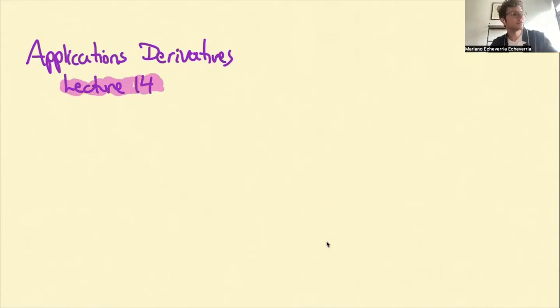It's actually one of the more interesting chapters in the book, the stuff that we're about to talk about, because it's material where you will use the derivative of a function to find information about the function. So it's the more applied part of the course, where now that we are acquainted with finding derivatives, we're going to use them to extract other information about how the function behaves. Okay, so the first application